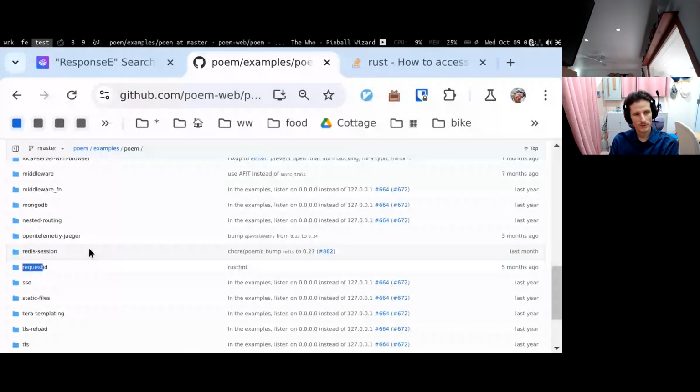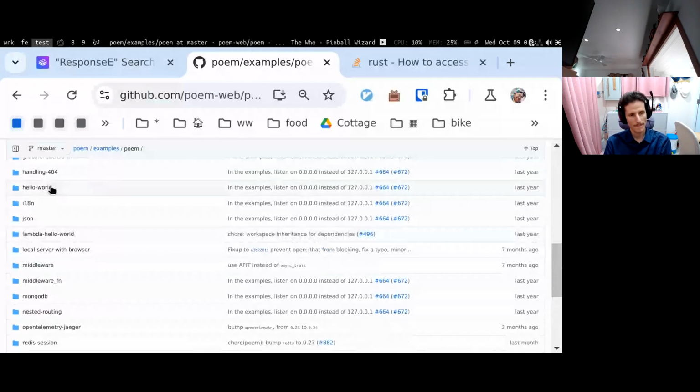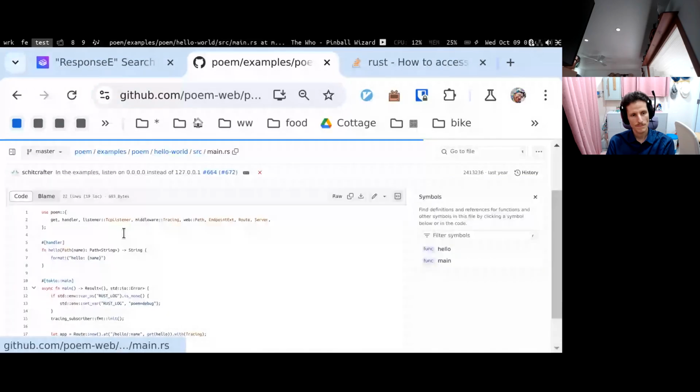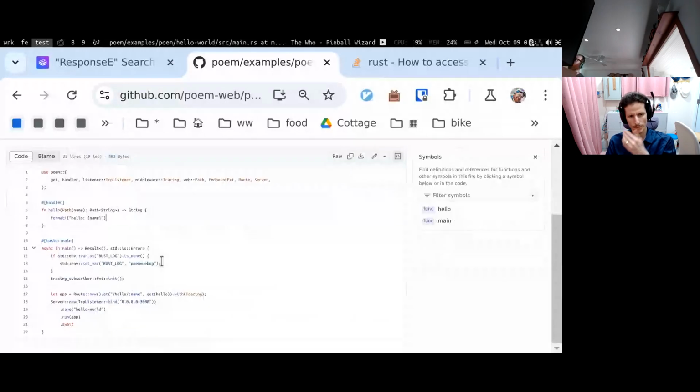The thing we want is about parsing the path. Hello world. How about hello world? This is so basic. Hello. Path name. Okay, so we're unpacking the path there. Interesting. Hello colon name. So maybe we could do a question mark. Oh no, this is exactly what we want, right? We got a path